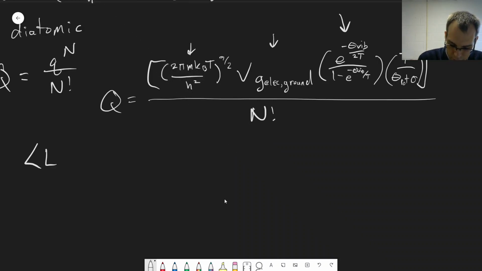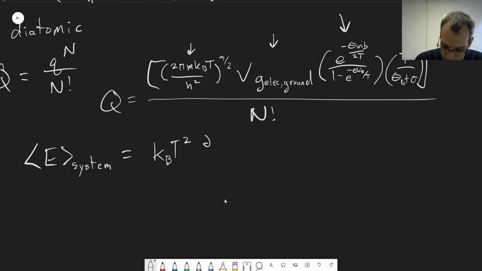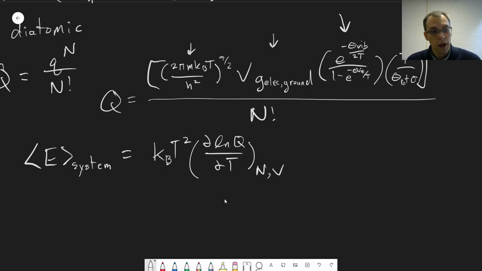What is our average energy for our system? Say we wanted to look at a whole mole of a particular molecule, we can then use kBT squared d log big Q dT, holding N and V constant. And so we can do this for this equation that we have,